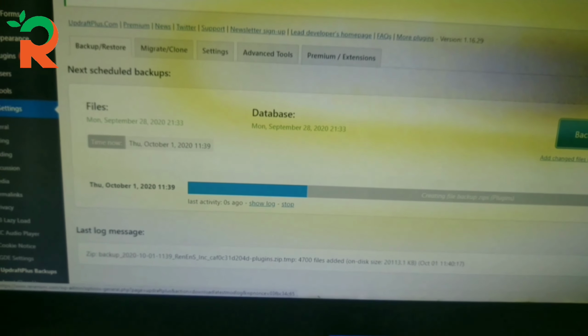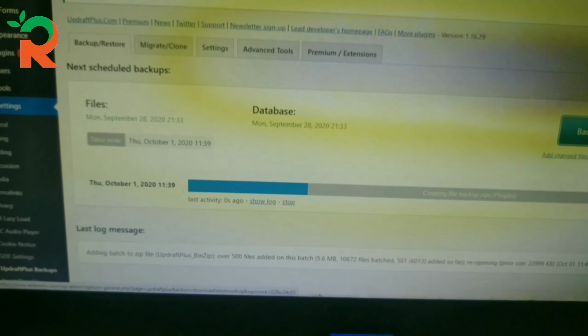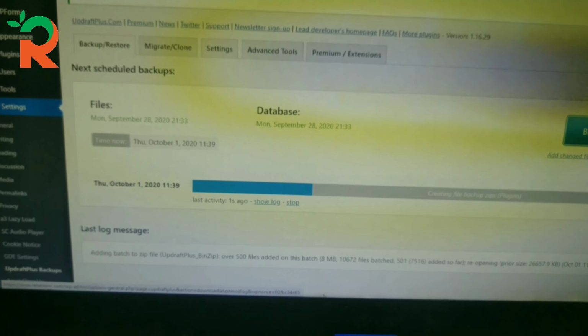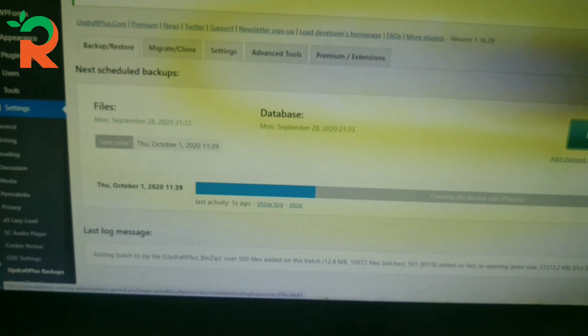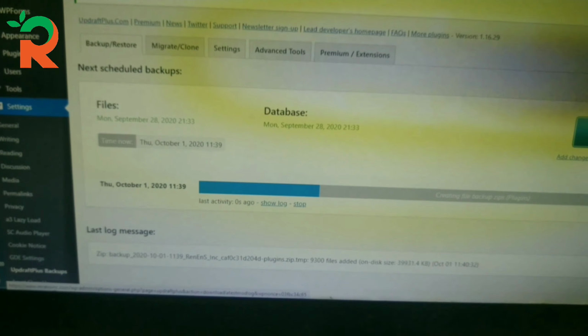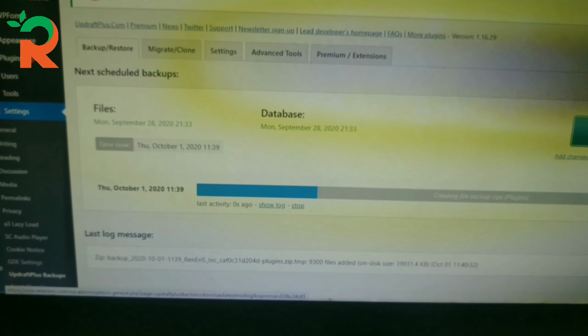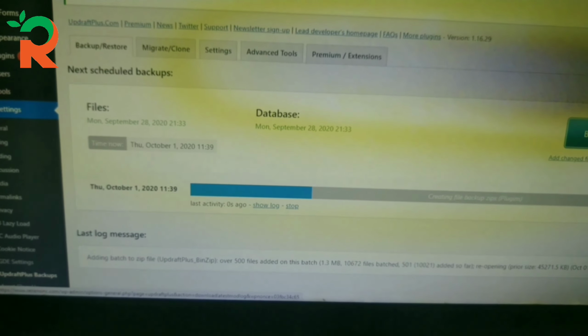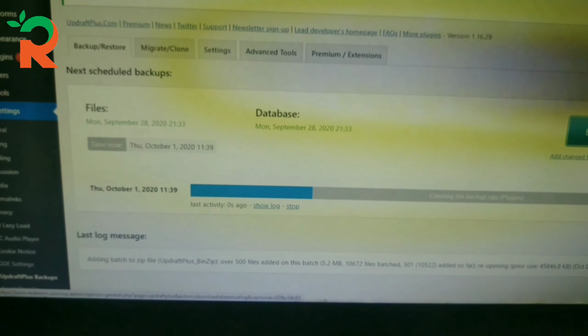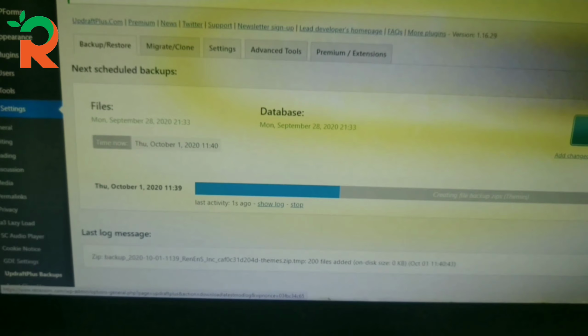I started using this Updraft Plus since 2019. I used it for 6 to 7 months. After that I removed it, because, you know, since the website is getting bigger and bigger, it takes too much time to create a backup. So I got fed up with that and just removed it.